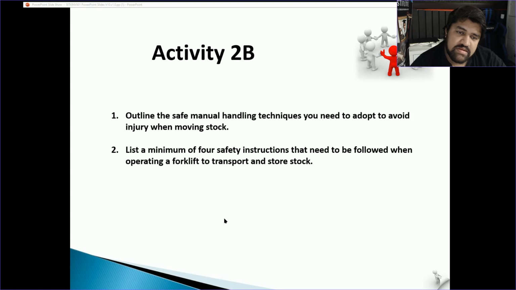Okay. Alright, so number 2, list a minimum of 4 safety instructions that need to be followed when operating a forklift to transport and store stock. So if you're using a forklift, very important, you need to be trained. If you are not trained, do not operate a forklift. Secondly,